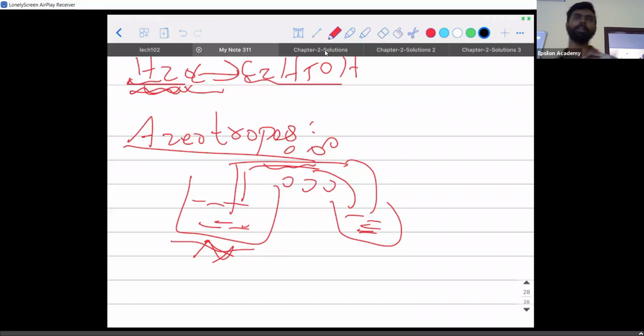Now look at the statement for azeotropes. What it says is, I have a liquid mixture, but if I use distillation, I will not be able to separate them. Not the same boiling point. Negative or positive, we'll see that. Both things are possible. So what is going to happen here is, I have say H2O and ethanol, assume. H2O 100 degrees Celsius, for ethanol it is 70 degrees Celsius.